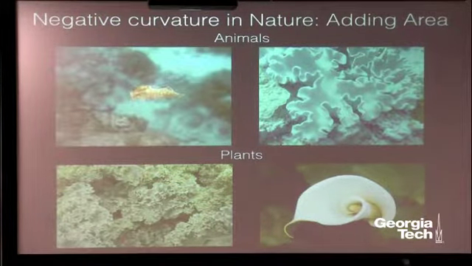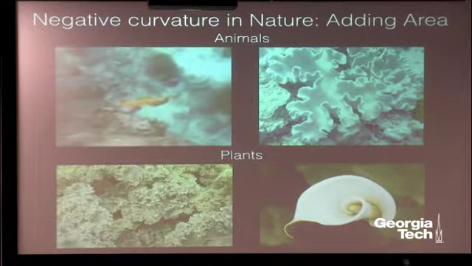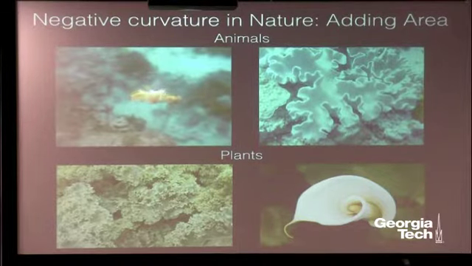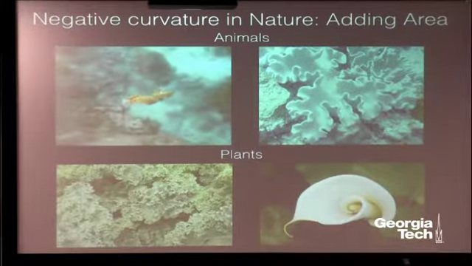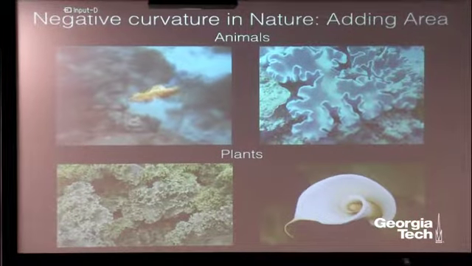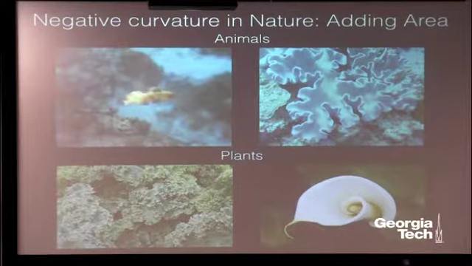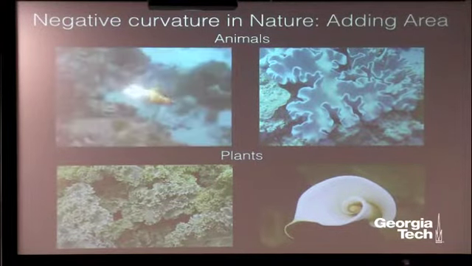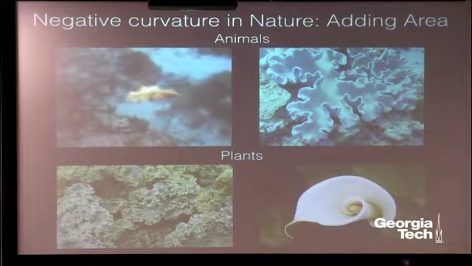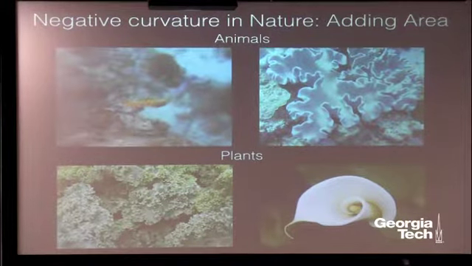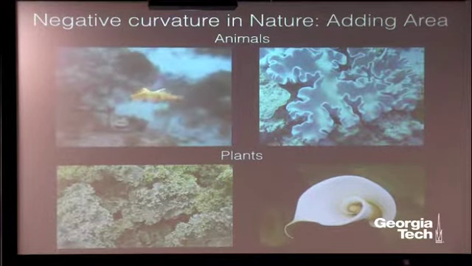In the top panel here, this is a nudibranch that's swimming. This is a marine invertebrate, and it's got these ruffles that are running down its mantle, and those traveling waves it uses to propel itself. So it can change the frequency on one side and turn, and so on and so forth.